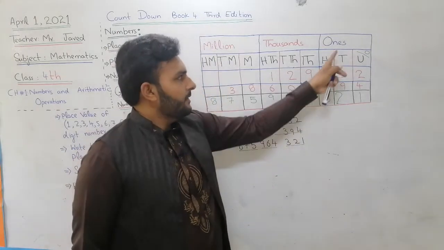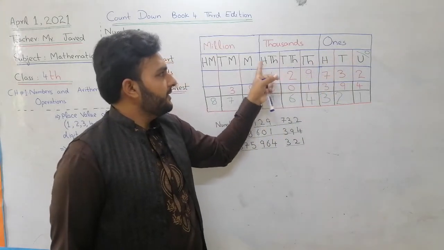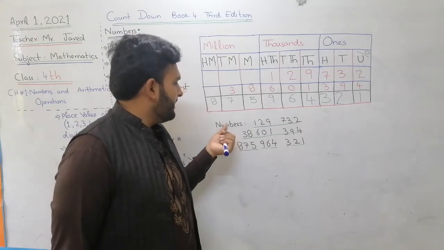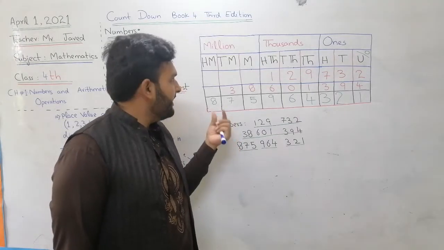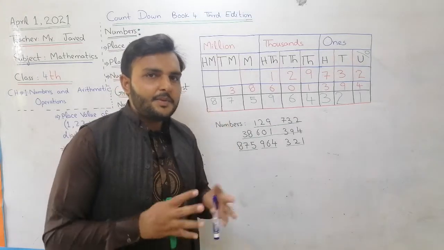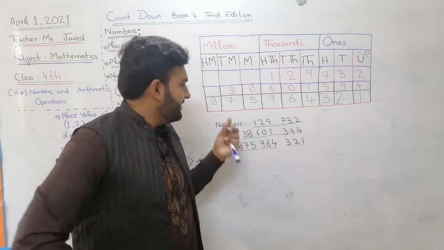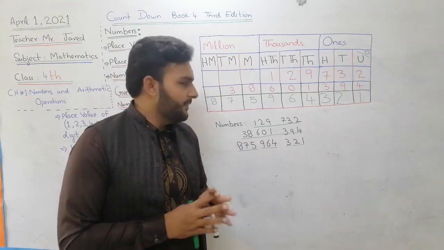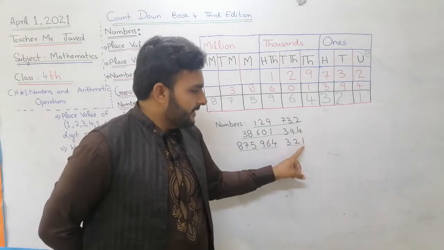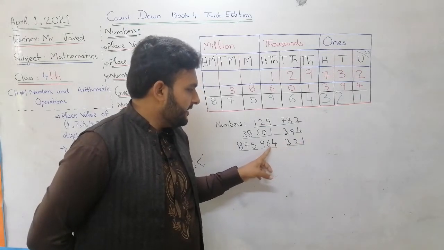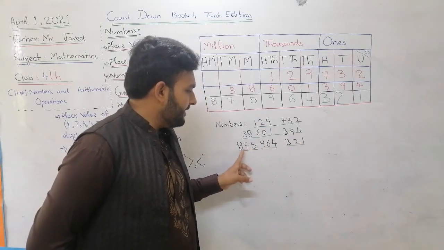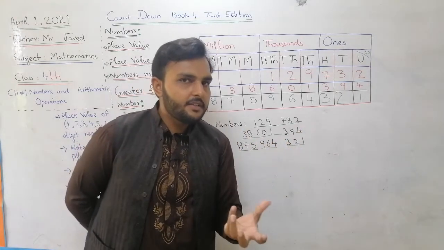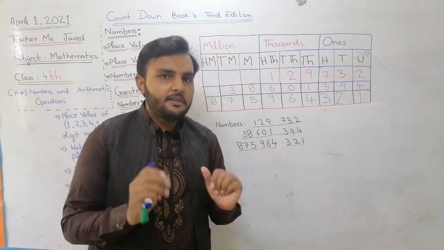So let's see. 1, 2, 3, 4, 5, 6, 7, 8, 9. So in the ninth digit number, the greatest place here is 8, and the eighth is here 100 million, like this. 100 million is the greatest place here. Now see, ones, tens, hundred, thousand, 10,000, 100,000, million, 10 million, 100 million. I'm saying again ones and unit. I'm using both words at the same time so that all the confusion in your mind will be removed.